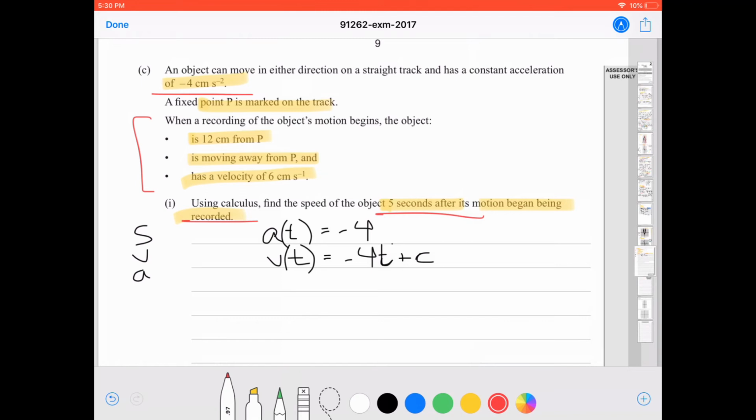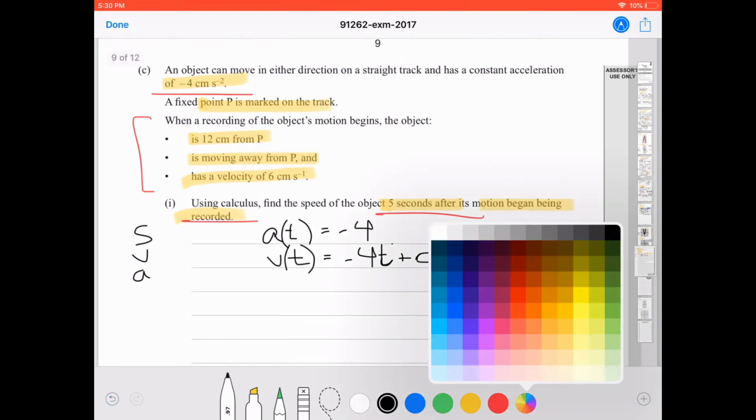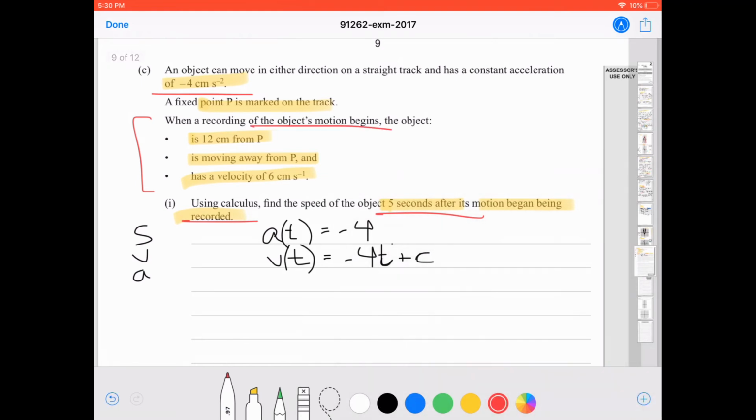We could say when the recording of the object's motion begins, we know that the velocity of the object is 6 centimeters, and I'm looking at this third bullet point here. Okay, so we can say v of 0, because time was 0, equals 6 centimeters, and so solving for c here,